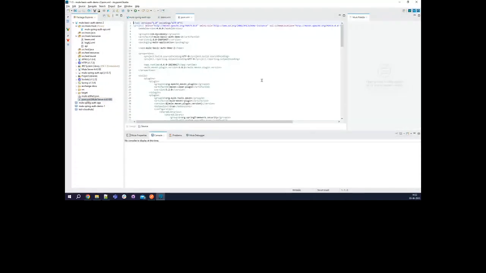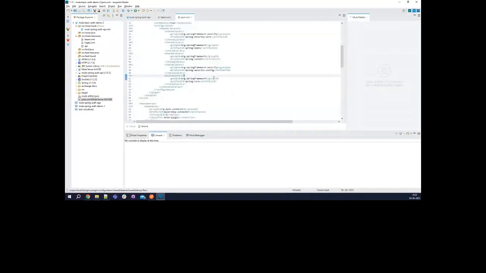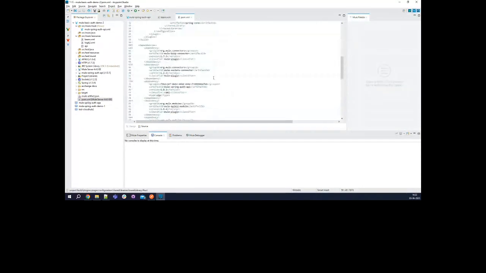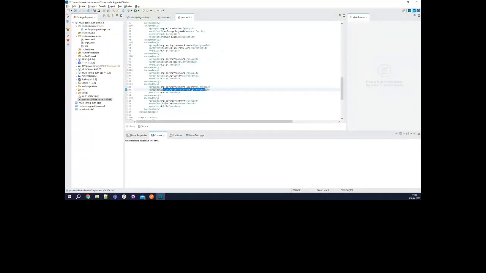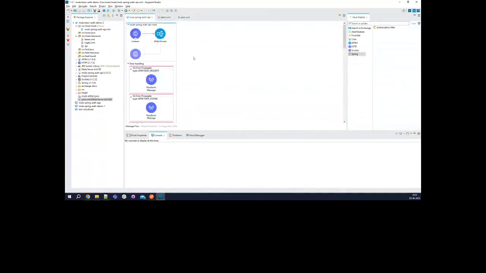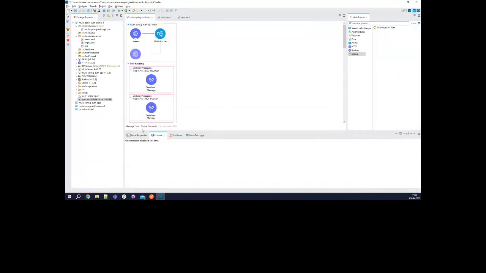In the POM file, as soon as we add the module, we can see some shared libraries got created for the Spring framework. Also, there are multiple dependencies added over here: Spring module, Spring security core, Spring beans, Spring security config, and Spring core. Once we import the module,